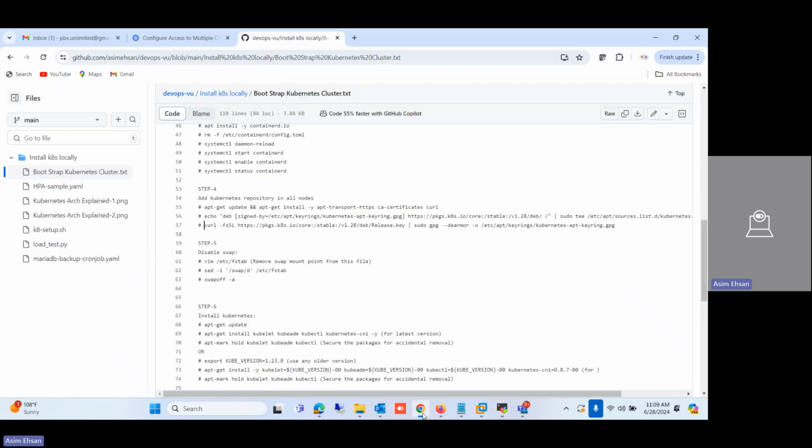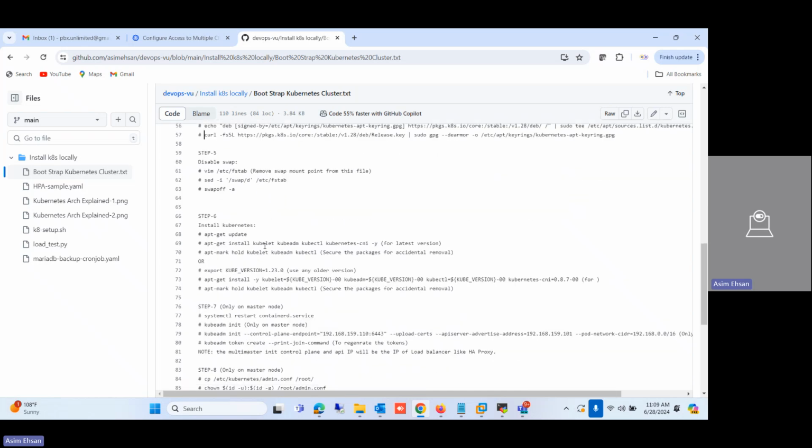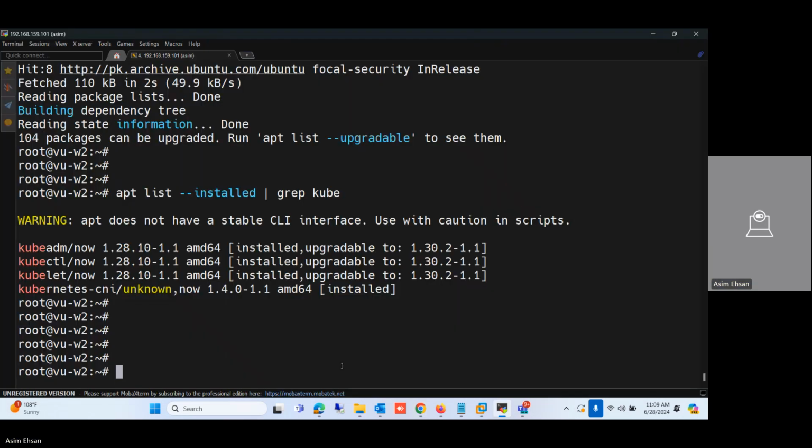So if we go back to the documentation, after activating this repository, we disable the swap and we install these packages. And I also mentioned here, if you have some specific version, you can define that version number with equals. Okay, so I will do apt install kubeadm equals to